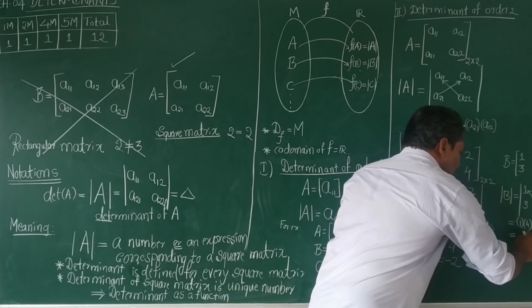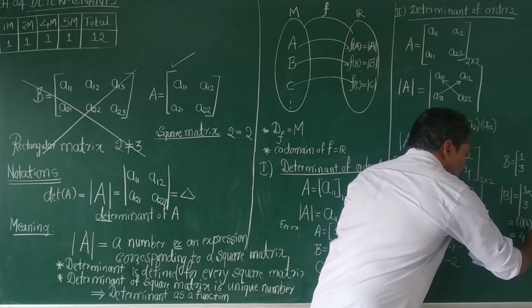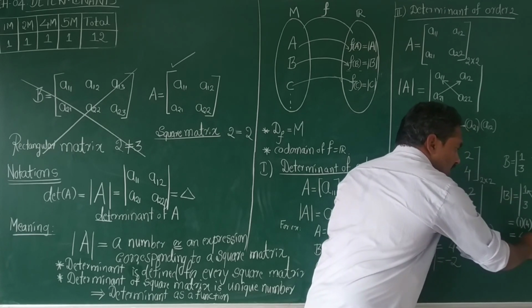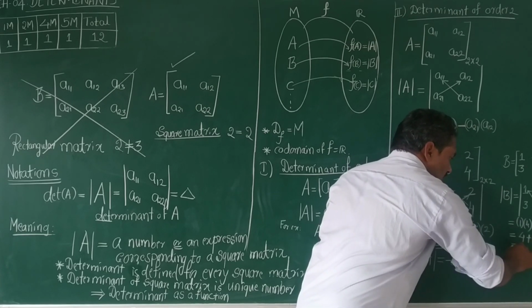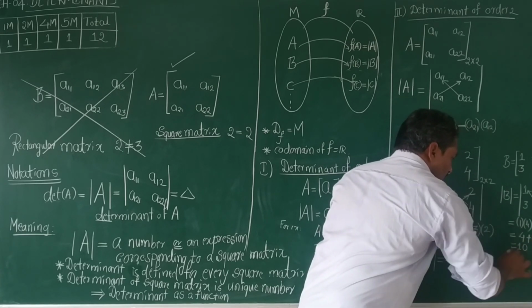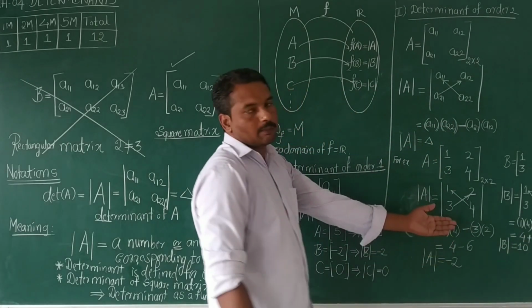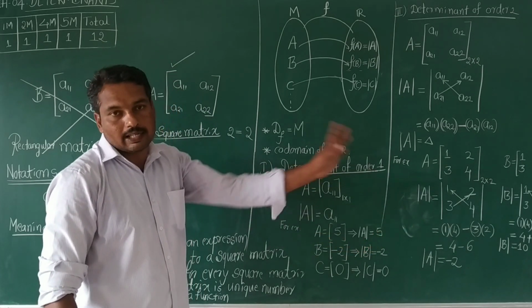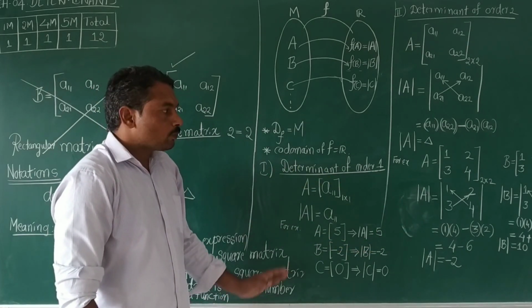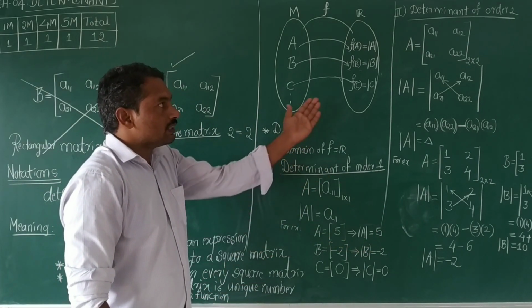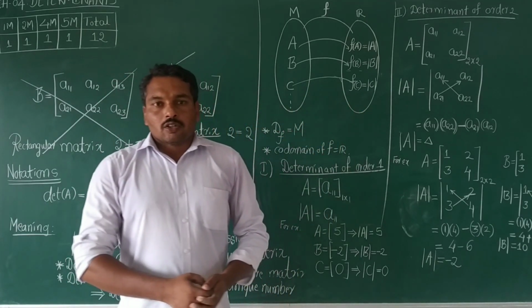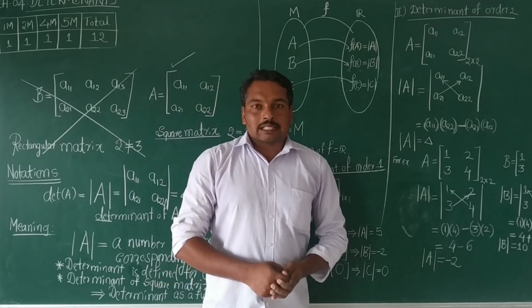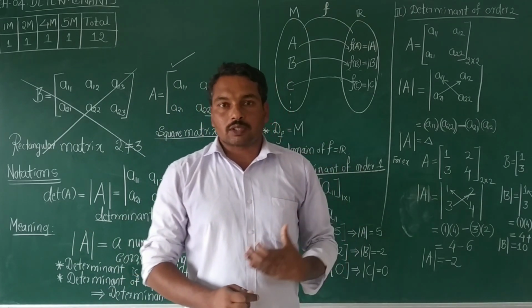Its simplification gives us 4, minus of minus becomes plus, and 3 into 2 is 6, so 6 plus 4 is 10. This 10 is the real number corresponding to the square matrix, therefore it is known as the determinant of that square matrix. So this is the definition of the determinant of a square matrix of order 2. In the next class we will discuss the determinant of a square matrix of